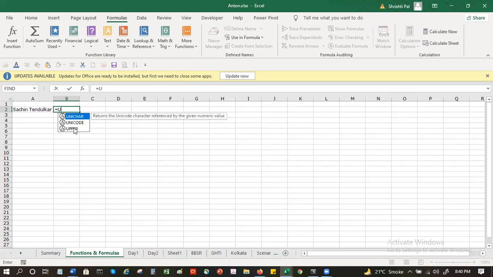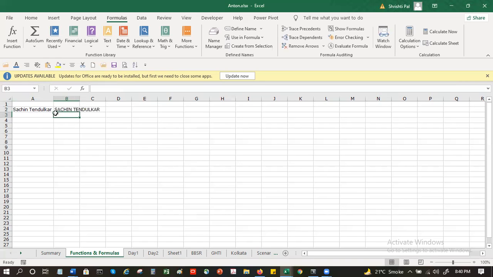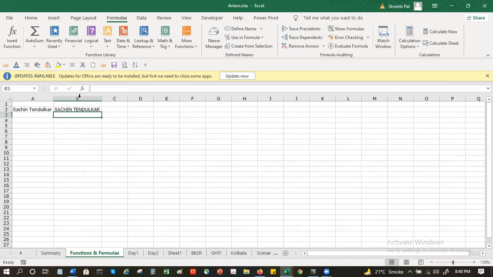Another way is I go to equal to, I type U and I highlight that and press the tab button on my keyboard. And then I click on A2 and it shows me the entire name in uppercase. Perfect. Now the opposite of upper is lower.